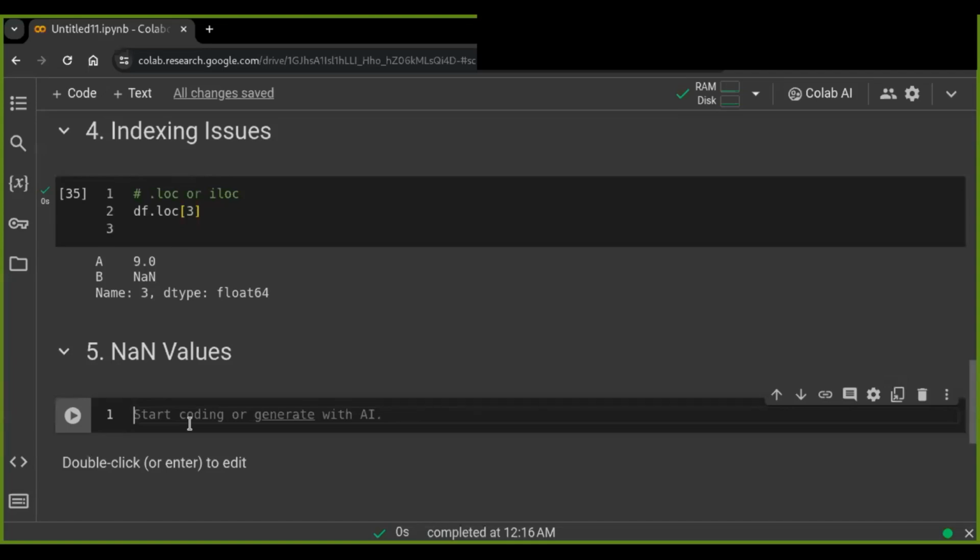And the last one is NaN values. The issue is that if there are not a number values in your data frame, they may cause issues. So the solution is check for missing values using the isnull dot sum function. That's the data frame contains a NaN value, so the A column has no NaN values and the B